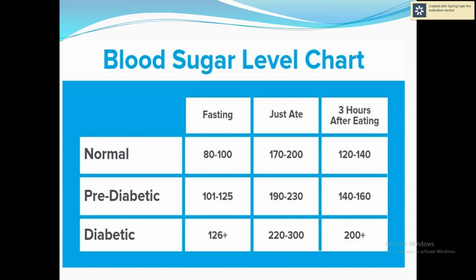There are two types of diabetes, type 1 and type 2. What is type 1 diabetes? Let me explain. Type 1 diabetes occurs because the insulin producing cells of the pancreas are damaged. In type 1 diabetes, the pancreas makes little or no insulin, so sugar can't get into the body's cells for use as energy. People with type 1 diabetes must use insulin injections to control their blood sugar. Type 1 is the most common form of diabetes in people who are under age 30, but it can occur at any age.